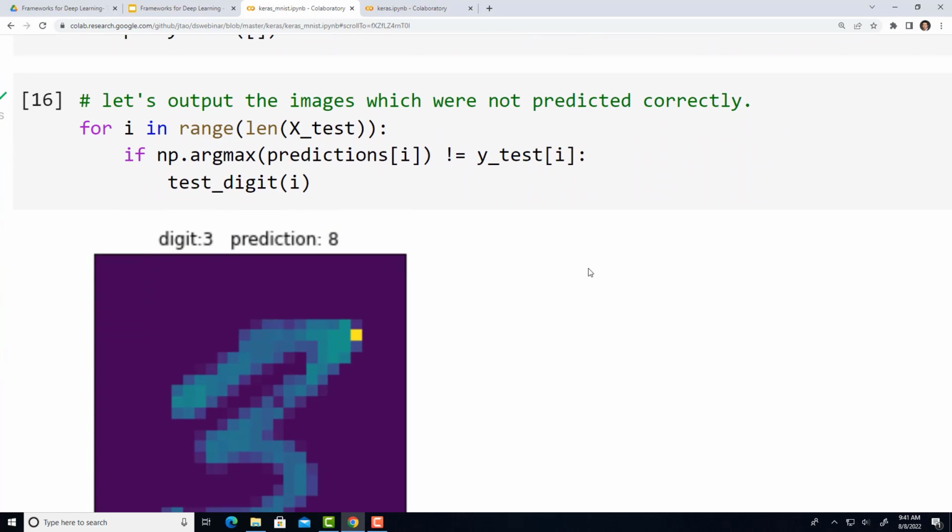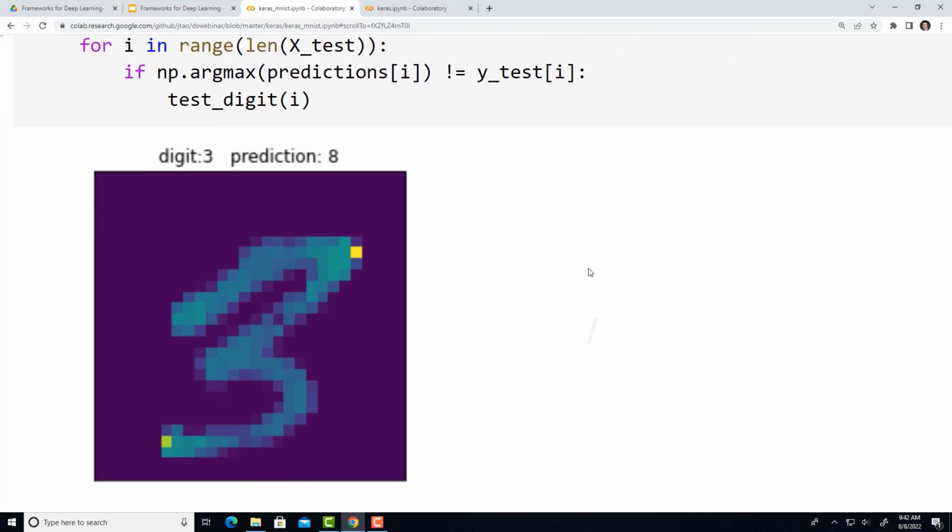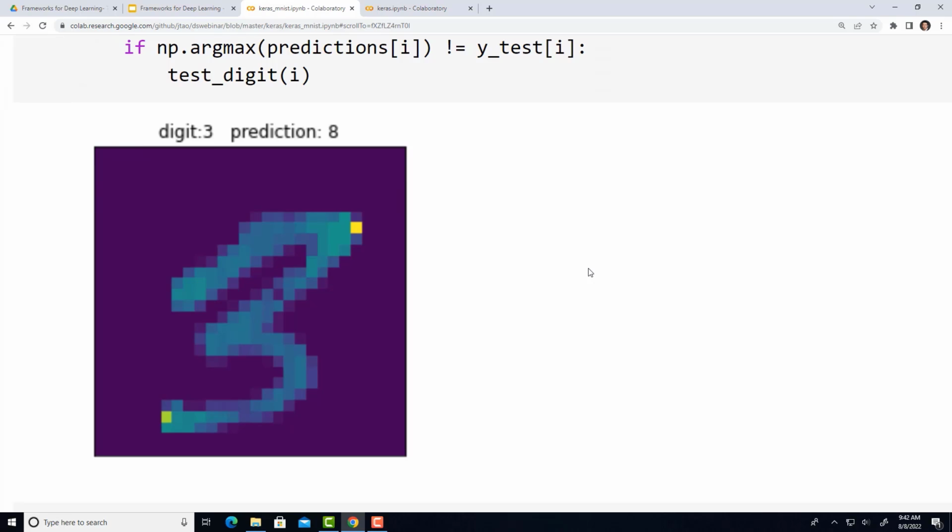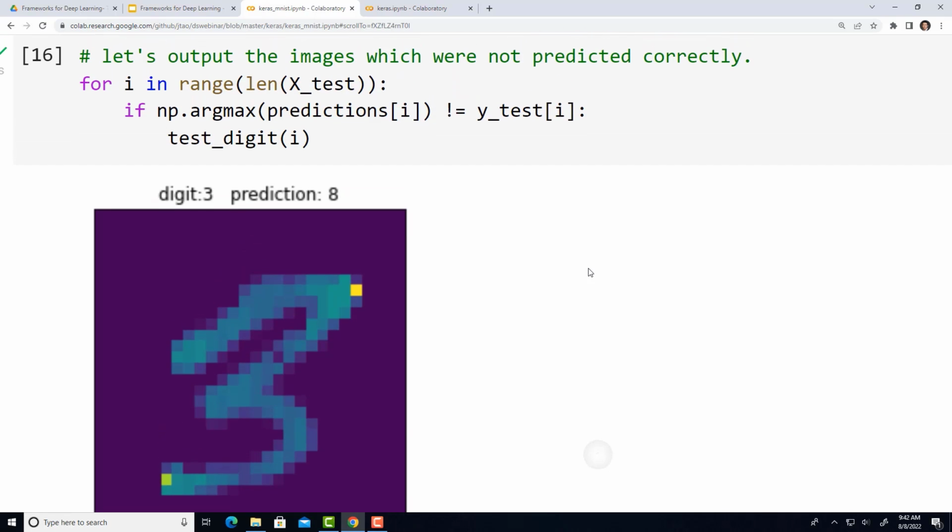Because the accuracy is pretty high, it's 97%, almost 98%, I only try to print out the predictions that were not matching the ground truth. Here, it's a digit 3, and our prediction is 8, which is understandable because 3 and 8, depending on how you write it, are kind of similar.